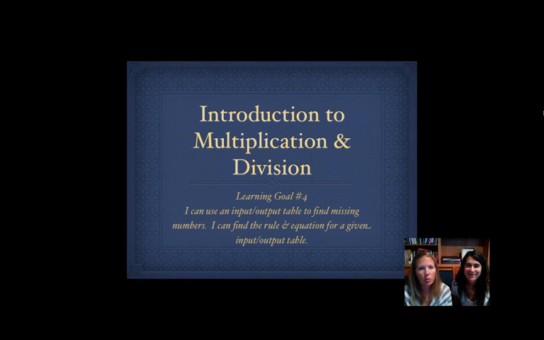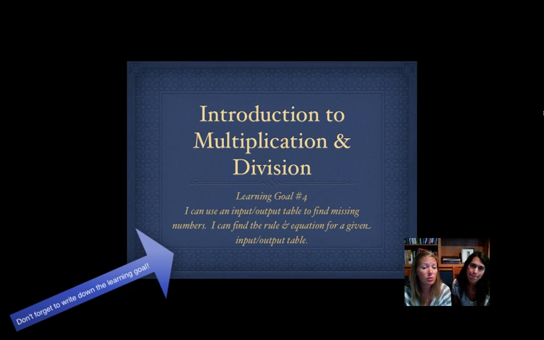Alright, welcome to learning goal number 4. For learning goal 4, we are going to learn how to use input-output tables to find missing numbers. And we're also going to use that to help us find the rule and equation for a given input-output table. And this will all make sense shortly, but make sure you write that down first on a new page of